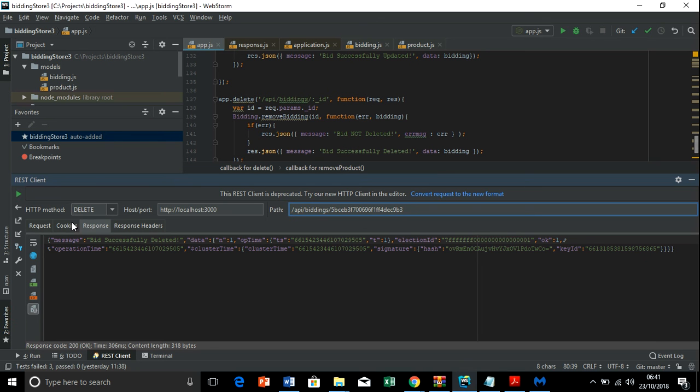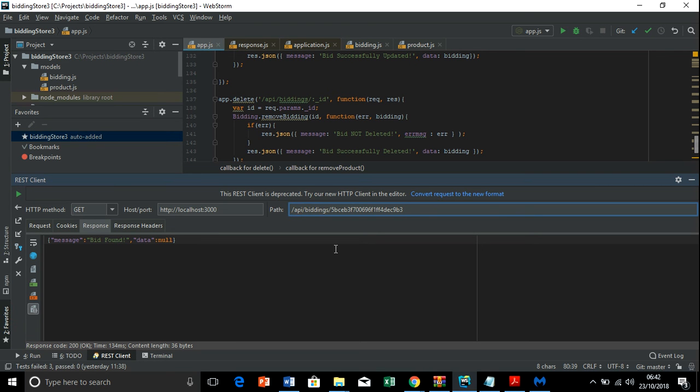So to confirm, let's just go to get this bid and see whether it will return the bid. Bid found data: no. That means there is no bid found.